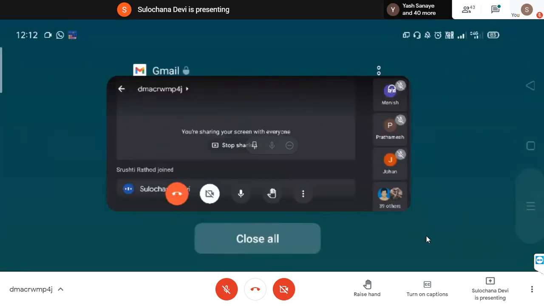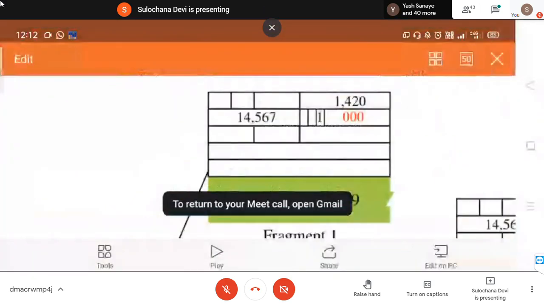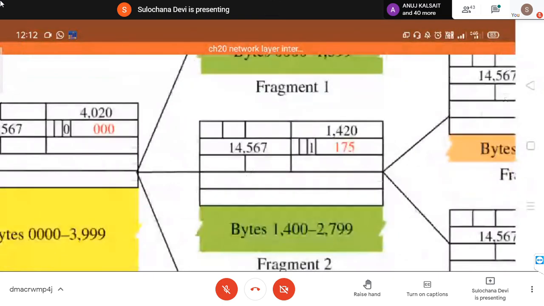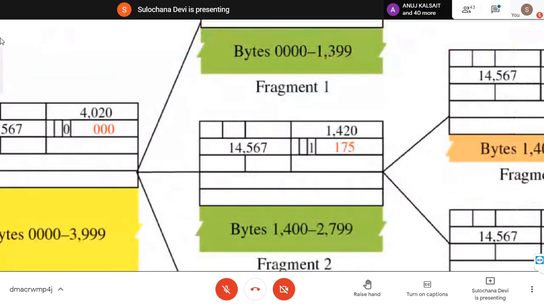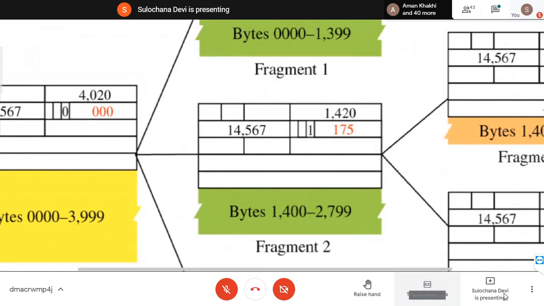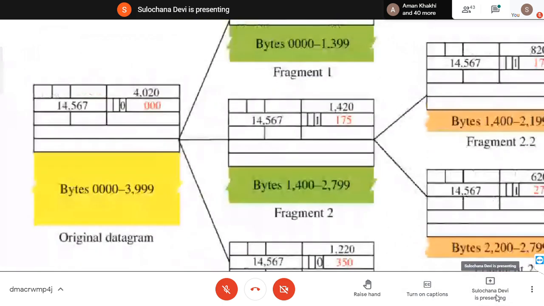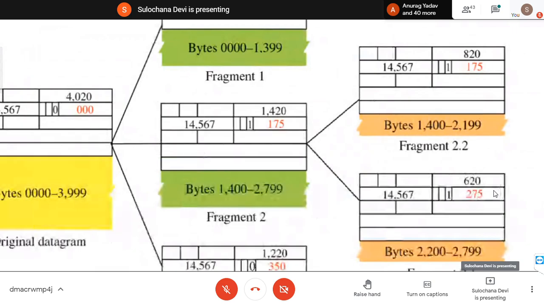Okay. Now this second fragment is passing. See again, every fragment, we call that a datagram, becomes independent. Again, all these datagrams can pass through different networks. So now this second datagram is going to pass through a network that supports only 800 bytes of data. The MTU size is 800 only. In that case, it is further divided into two fragments.